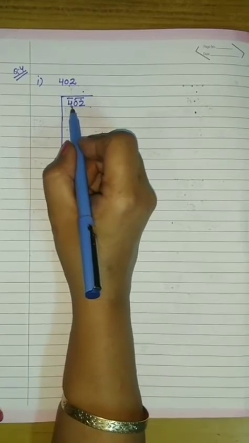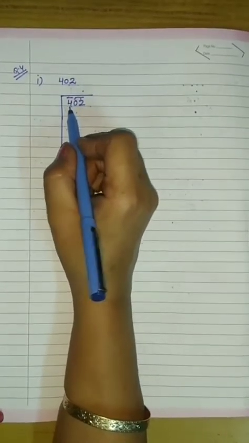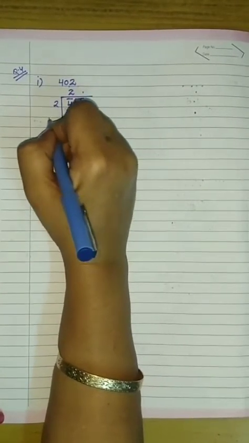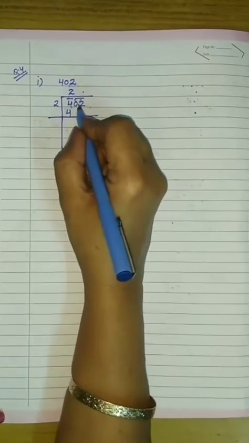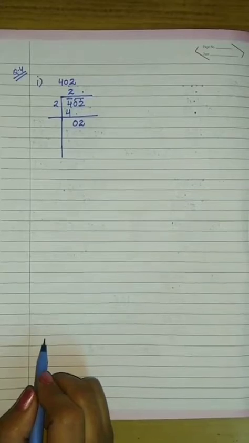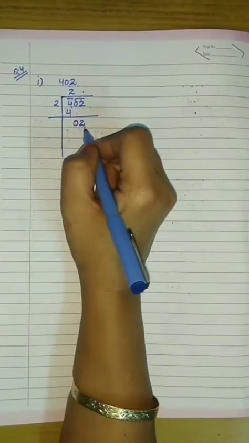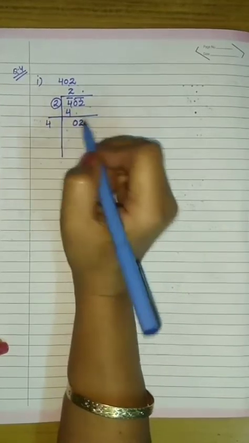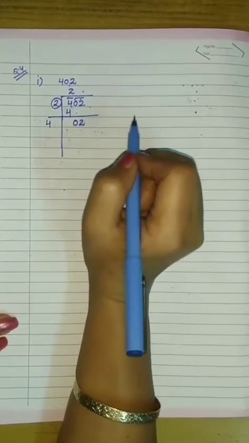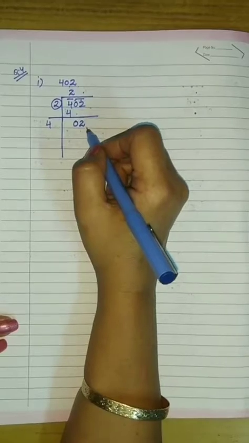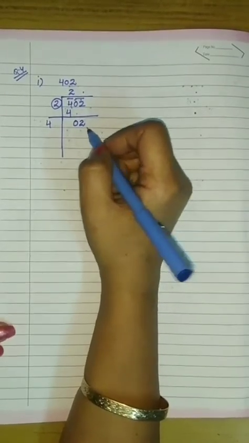So first number under first bar is 4. So it is the square of 2. So we will write 2 2s are 4. Now taking down the next bar, and the numbers in the next bar are 02. So our next dividend is 02. Now we will double this number, that is 2. So 2 2s are 4. So we have to think of a number which when multiplied by itself gives a number equal to the dividend or less than to the dividend.